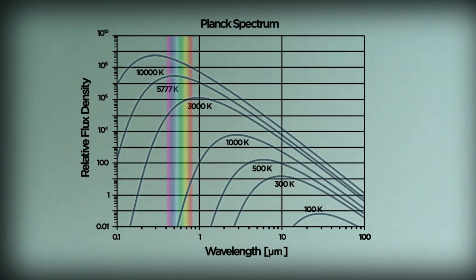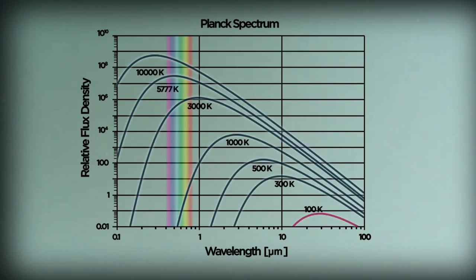Let's look at the Planck spectrum on logarithmic axes. That way, we can let the wavelength scale range over a factor of 1,000, from ultraviolet to infrared, and we can let the flux density scale over a factor of 1 trillion. We won't have much occasion to use the formula for the Planck spectrum in all of its glory, but we will make frequent use of two properties of the Planck function that you can see on this chart.